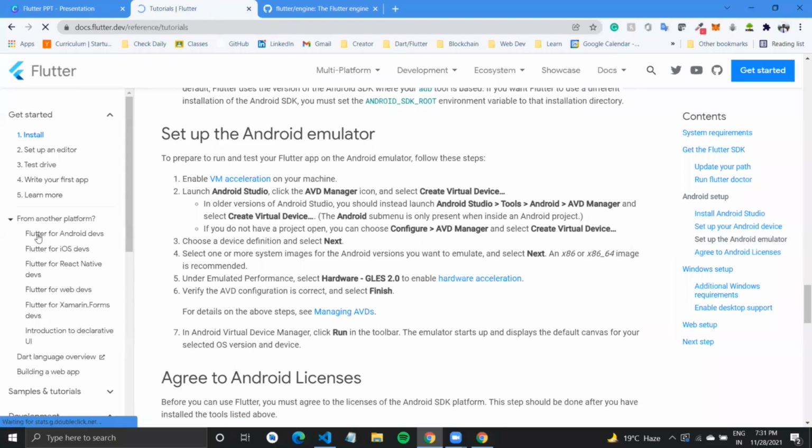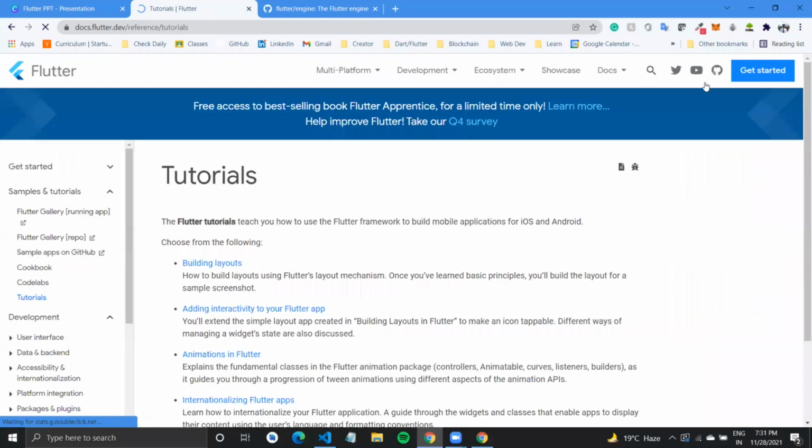So here on the website, you will have some basic tutorials on how you can build layouts, how you can add certain things to your Flutter application. Also, you will have something called, let me just go to get started.